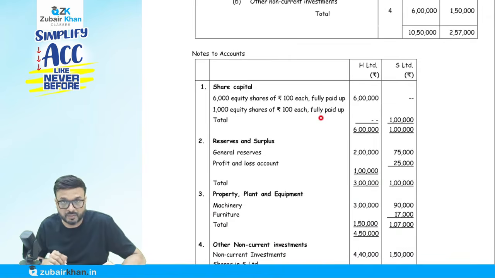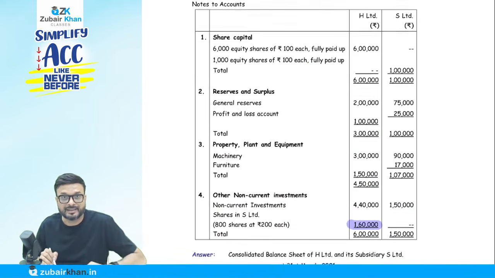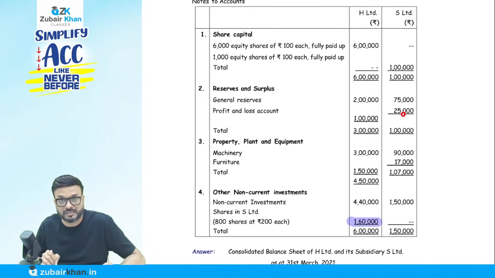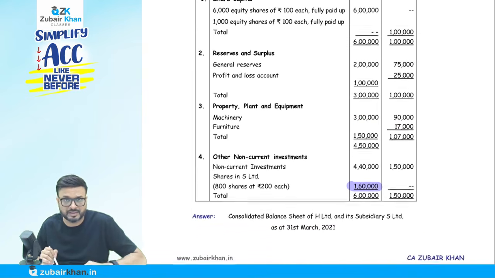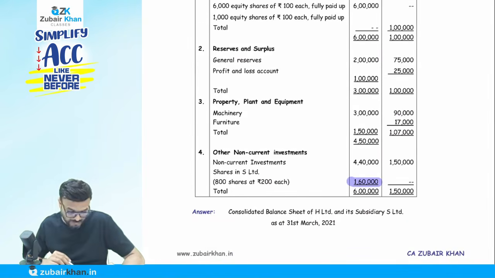1,000 equity shares of rupees 100 each fully paid, 1 lakh. Then reserve and surplus: general reserve 2 lakh 75,000 and profit and loss account 1 lakh 25,000. Then PPE: machinery 3 lakh 90,000, furniture 1 lakh 50 and 15,000, total is 4 lakh 50 and 1 lakh 7. Other non-current investment, that is 4 lakh 40, 1 lakh 50 and shares in subsidiary